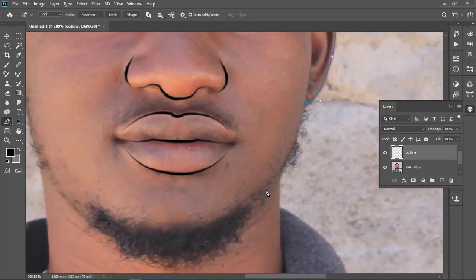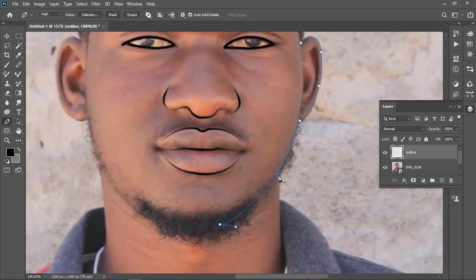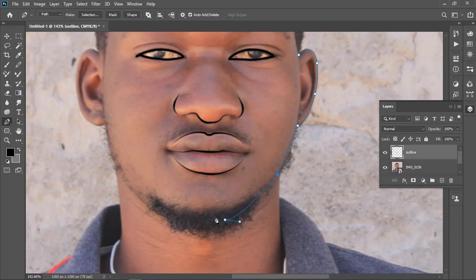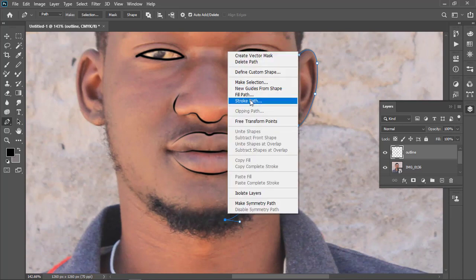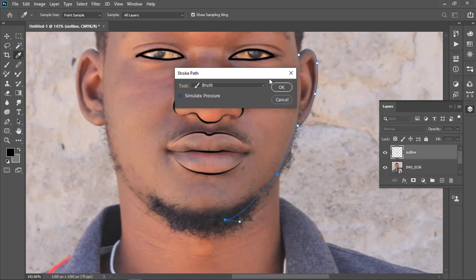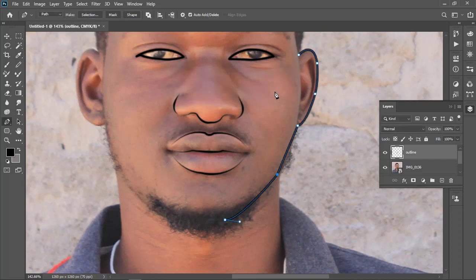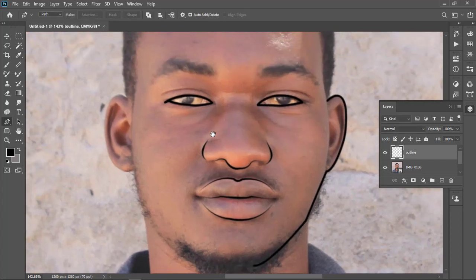Just continue with it. Tracing the outside now. Now, on the outside, I'm gonna remove simulate pressure so that I'll have a nice and decent layer outside.